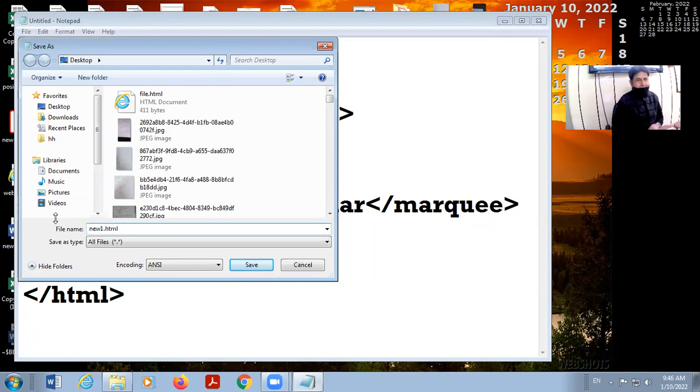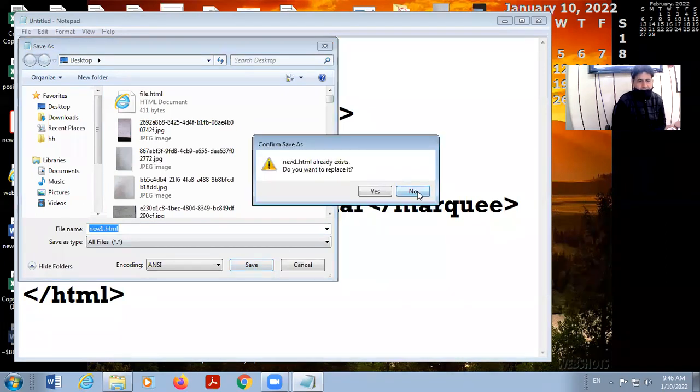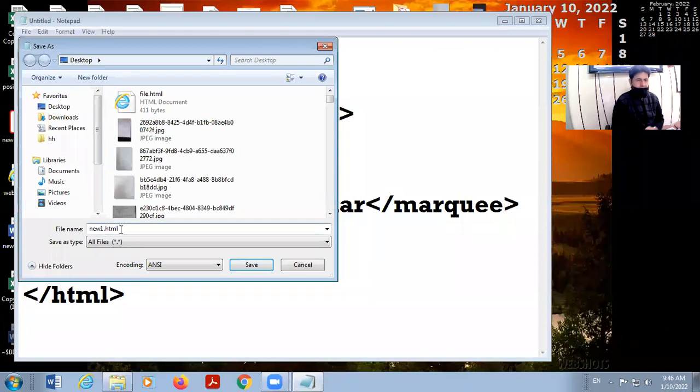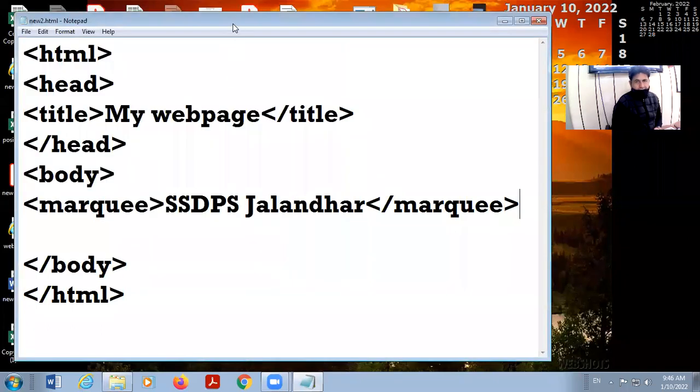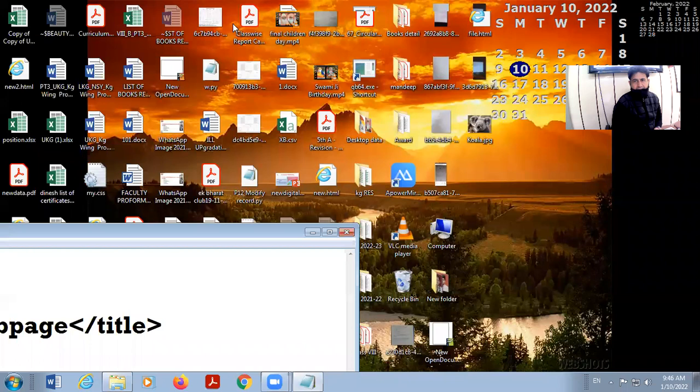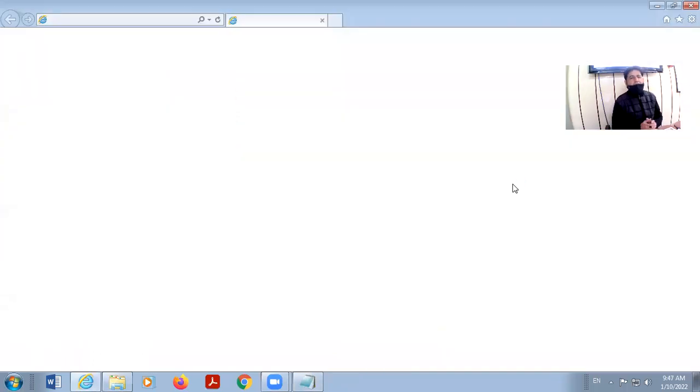New one. New two. So I save this file, come to my desktop, and open the file in the browser. So look here, the movement of contents.